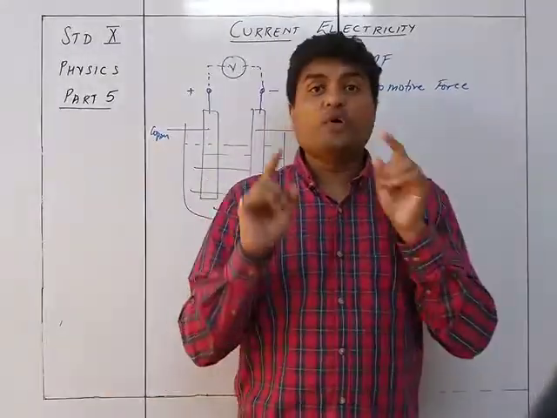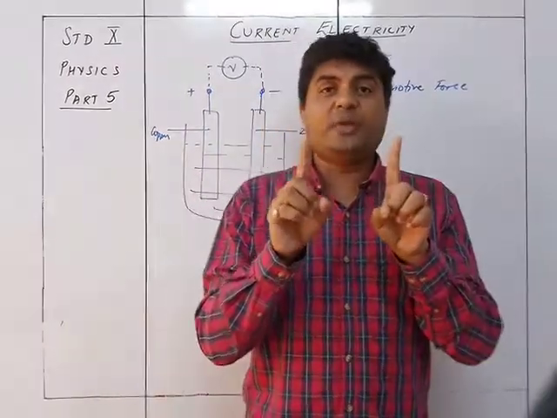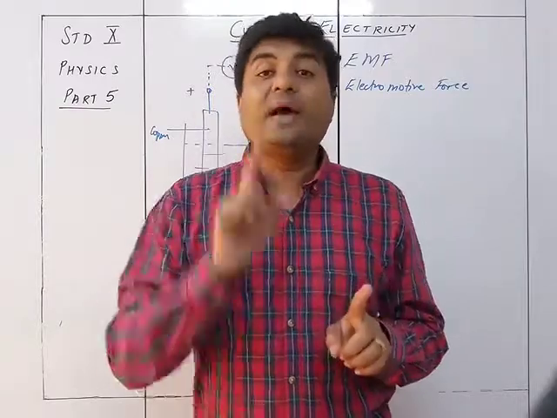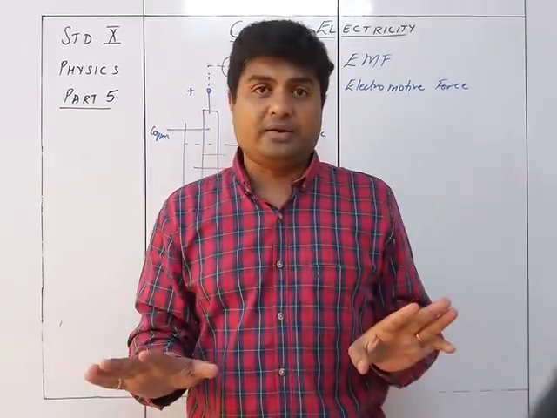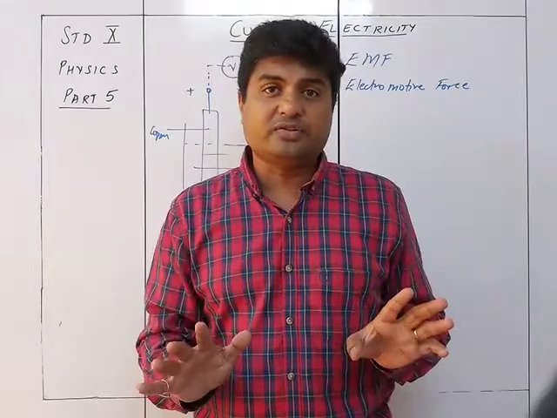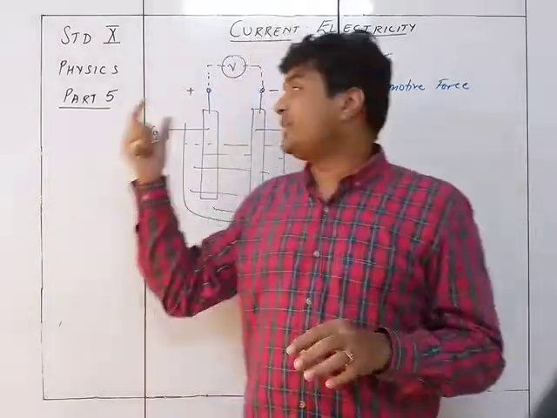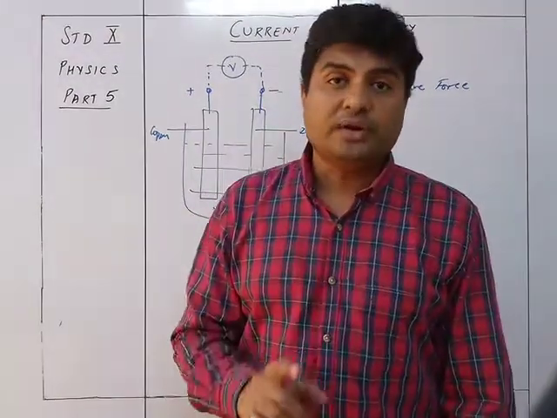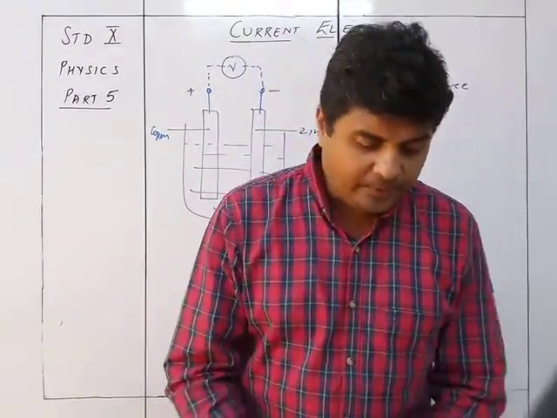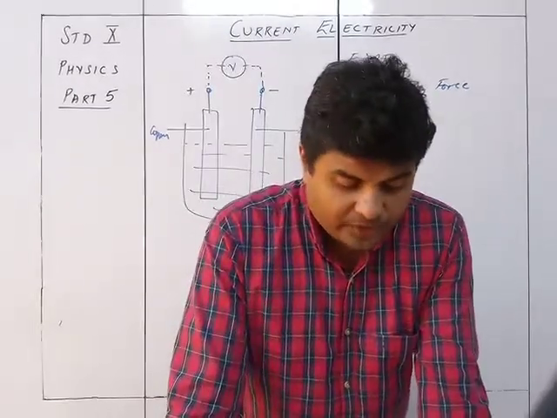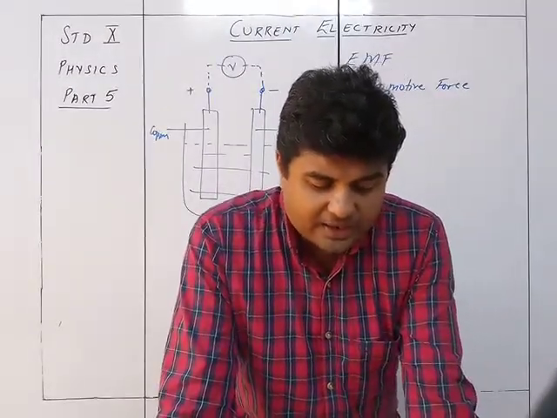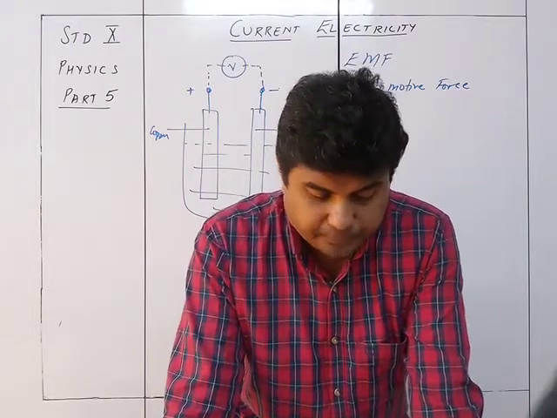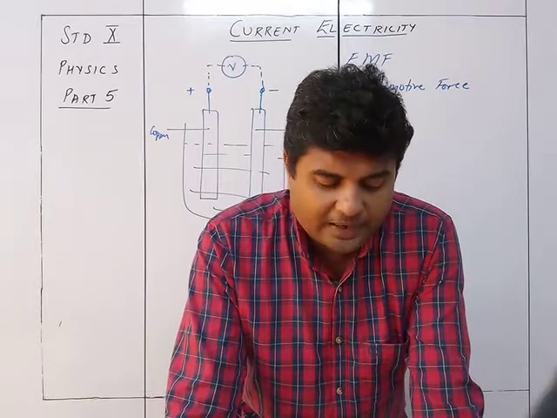Okay, the potential difference between the two ends of the battery, the two terminals of the battery, when the battery is not connected to the circuit, at that time whatever is the potential difference across the battery is called the electromotive force. So we see over here electromotive force of a cell. We have read in the earlier class that an electric cell has two conductors of suitable material kept in an appropriate electrolyte taken in a vessel.